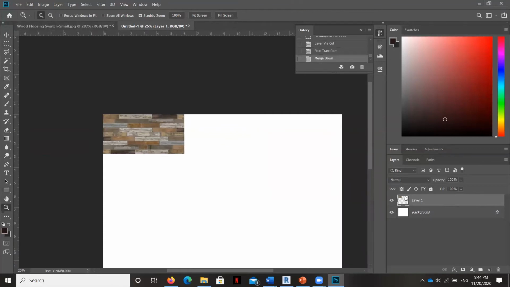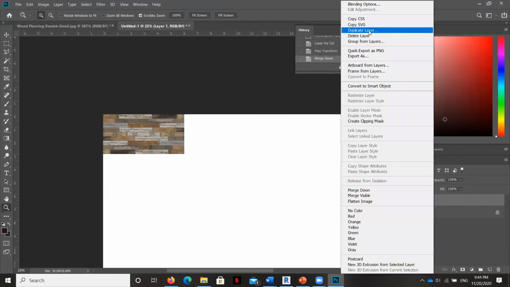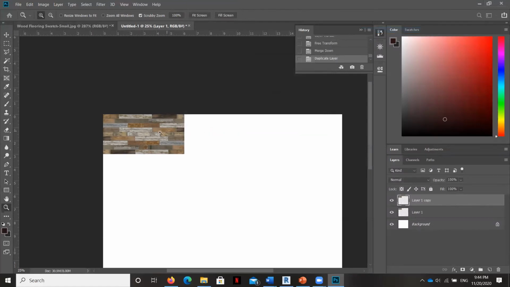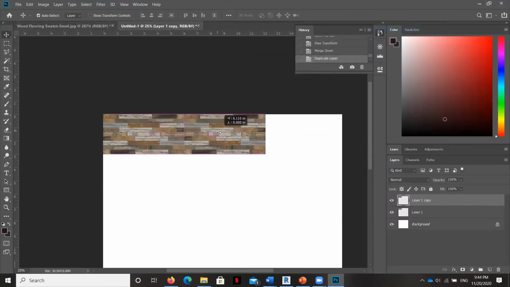So what I'm going to do now is try to duplicate this layer, and using that flip horizontal, flip vertical, mirror, etc., try to get as much area covered without having to do quite so much photoshopping. Now, you can see here, I still have those little planks, and this is a labor of love to get a really good quality rendering of a material.